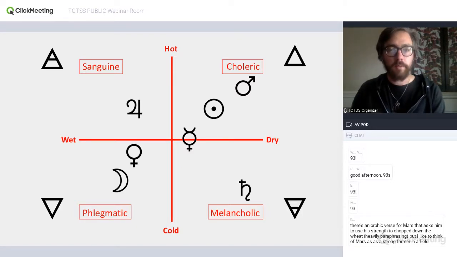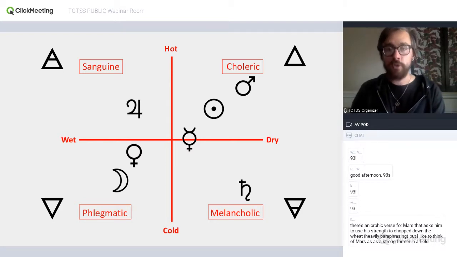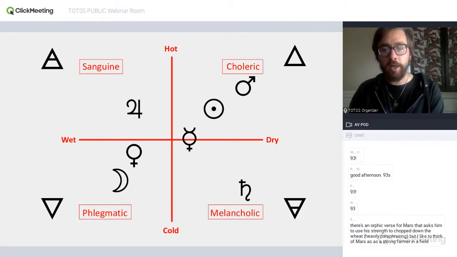So we can start with choleric here. The choleric temperament is hot and dry, just like fire is hot and dry. And so we see Mars as extremely choleric, very hot and very dry. And then the sun is more mildly choleric, warm and dry. Then we have the melancholic temperament that's dry and cold, similar to Earth, which is dry and cold. And we have Saturn as very melancholic, very cold and very dry.